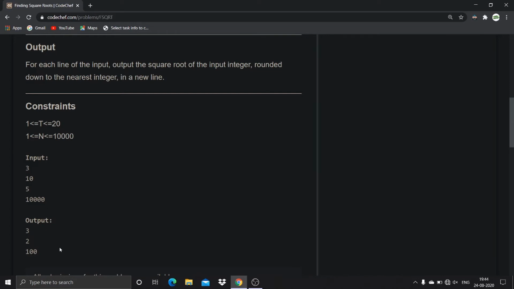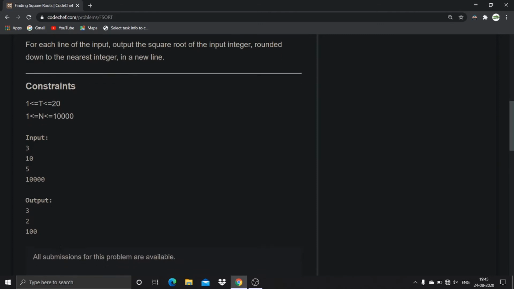For the third input, which is 10,000, what will be the output? 10,000 is a perfect square, so its square root, which is 100, will be displayed. So the output will be 3, 2 and 100, using inbuilt functions. If you understood the question, then click on the submit button, choose your favorite language and play with the code.